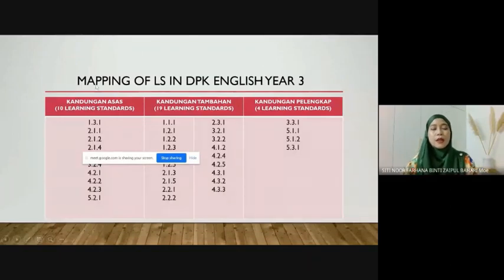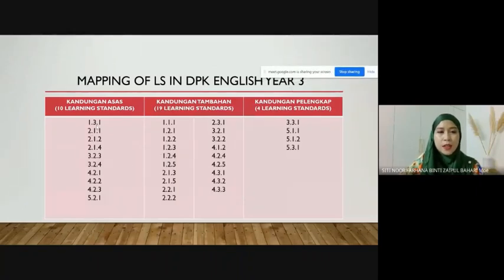So okay, we are going to talk about mapping of learning standards in DPK English Year 3, all right. So here I've come up with a table to see the learning standards item. For kandungan asas, there are only 10 learning standards. For kandungan tambahan, 19 learning standards, and kandungan pelengkap, only 4 learning standards. Alright, so here the first column that we need to ensure that our students get by the end of the year. Alright, but I'm pretty sure that kandungan asas, kandungan tambahan, kandungan pelengkap,